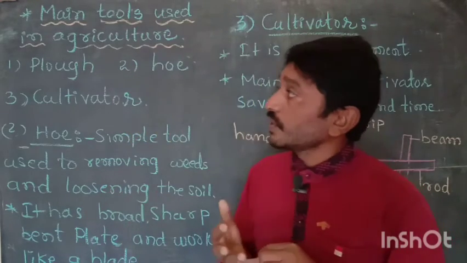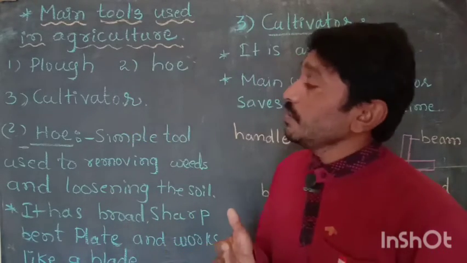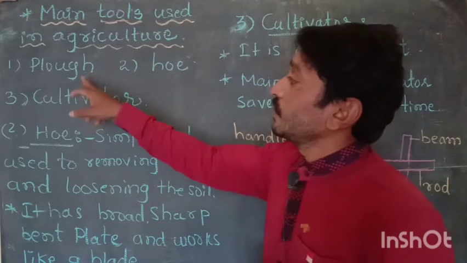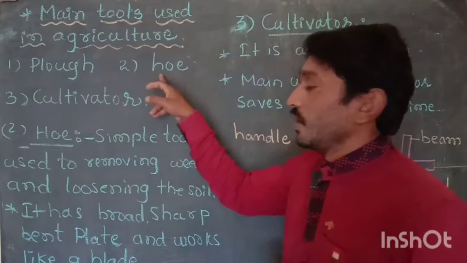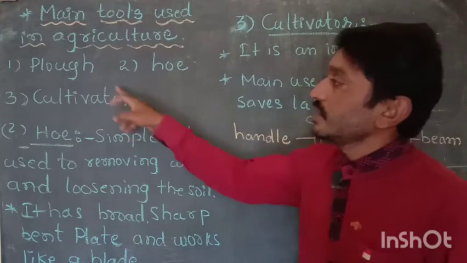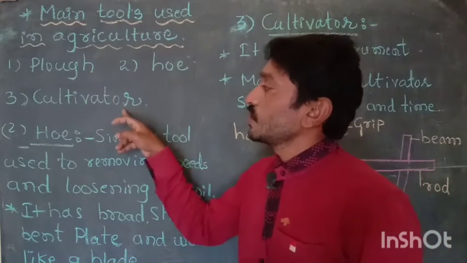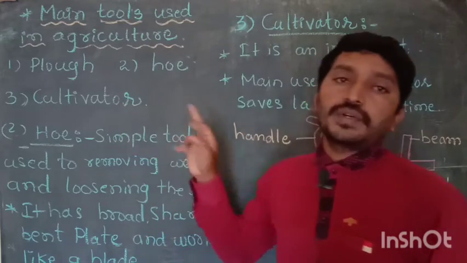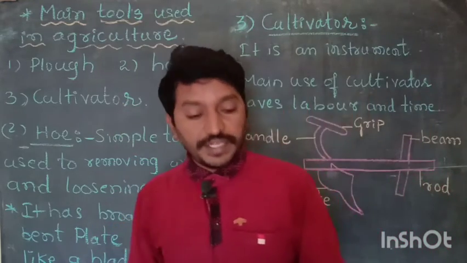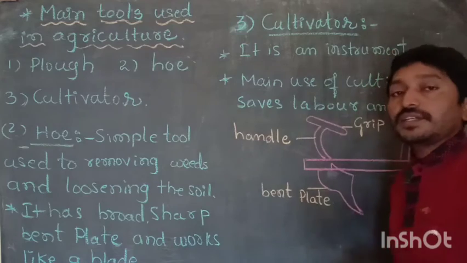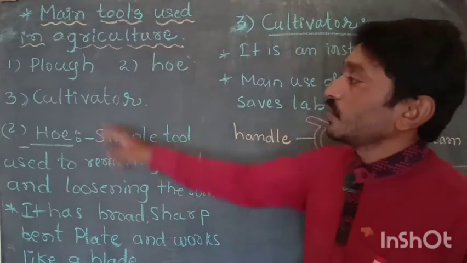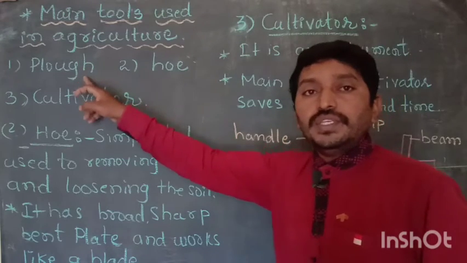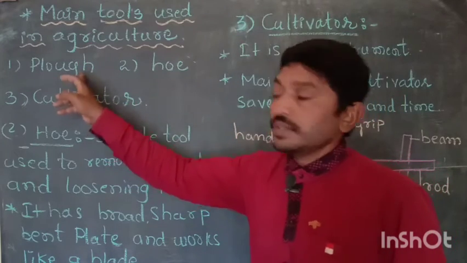So regarding that, we are using many tools like the plough, hoe, and cultivator. These are very important tools used by the farmer in their day-to-day life, right? In the last session, we already discussed the plough. The plough is used